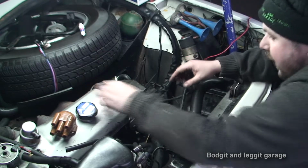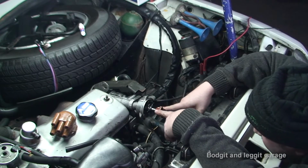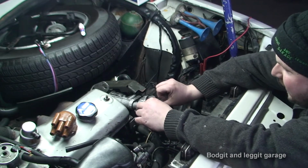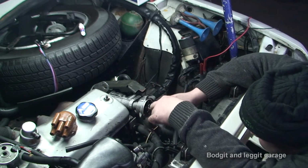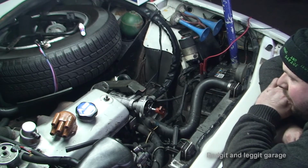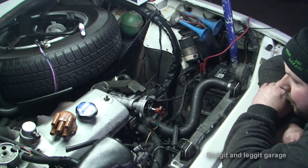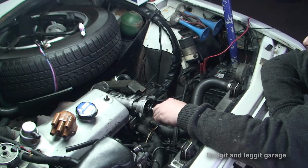That hasn't affected anything here, as you can see. I would prefer to be able to turn this slightly this way, but unfortunately I can't. So I think that's going to be my best option to go with this particular setup. And what I'm going to have to do next